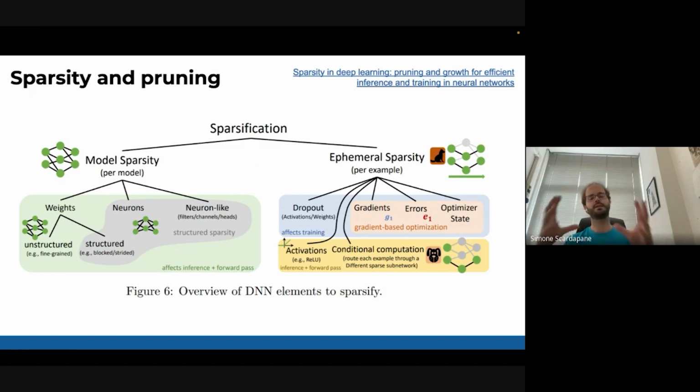You extract this subset of weights from the neural network, which you assume is fundamental for solving your task, and you need some algorithms to extract this lottery ticket. The idea is that all the other weights you can just throw away, completely. You don't even need to store them. And so it will be here in this unstructured sparsity.